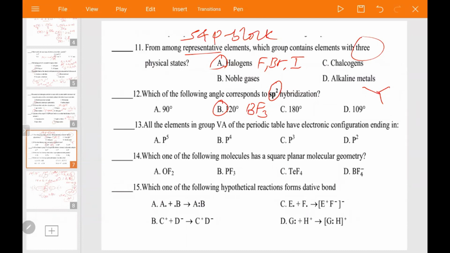All the elements of group 5 of the periodic table have electron configuration ending with what? p5, p4, p3, p2? P3. Don't be confused, p5 አይሆንም አይደል። p5 የማን ነው? Halogens የhalogens ነው። Because for group 5 the configuration is ns2 np3 አይደል። የዚህ የሁለቱ ድምር 5 መሆን ያለበት። Right, so the answer is p3. ሁሌም በሁለት ያንሳል።